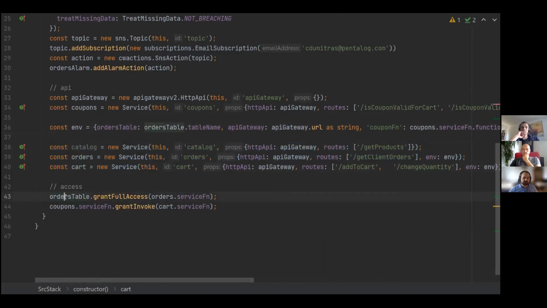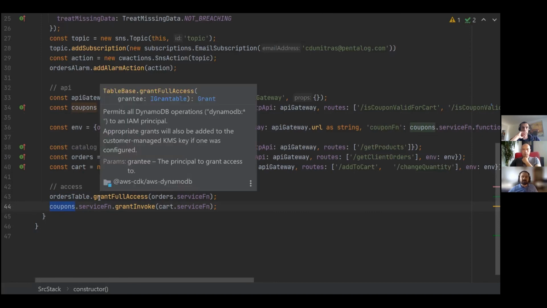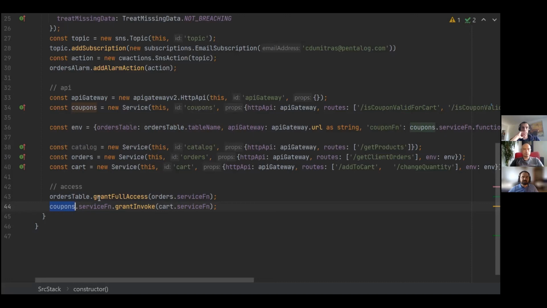And obviously, since we want to leverage CDK as much as possible, we're using it to grant access to the database table and to the function. So it's very secure. You have to specify what permissions to have, and usually it's a bit more tedious, going to an IAM JSON that you have to put there, but this makes it real easy, right? This would be, I don't know, 10 lines of JSON. Here it's just grant this access. That's it. So that's very cool.